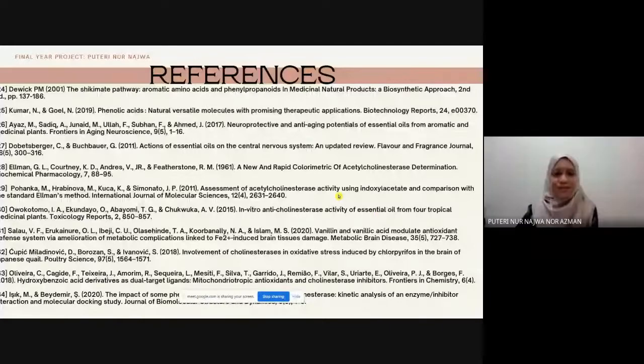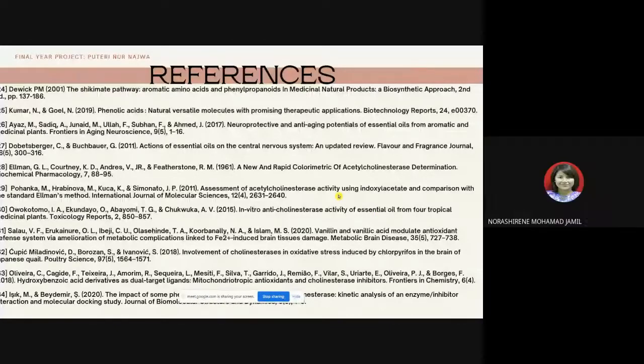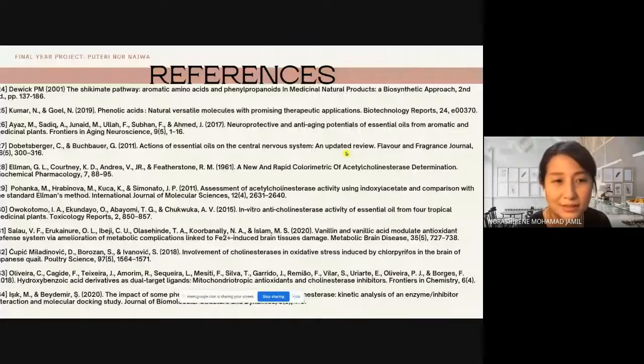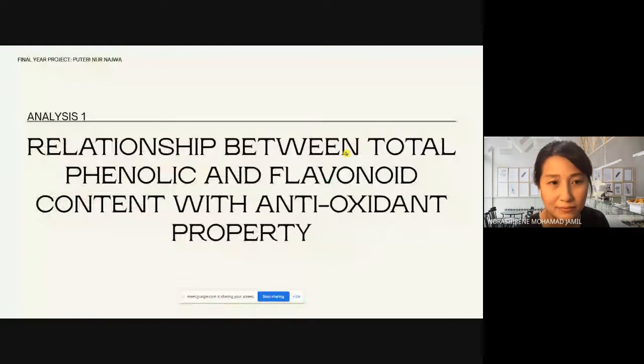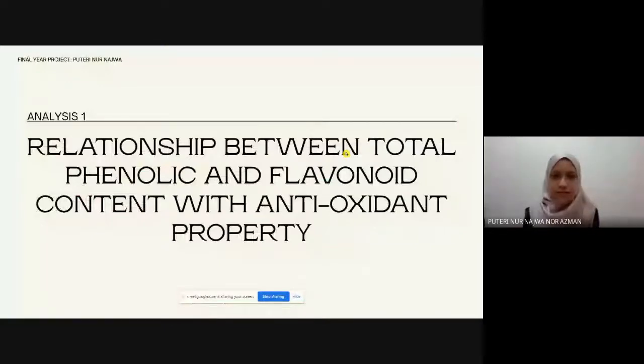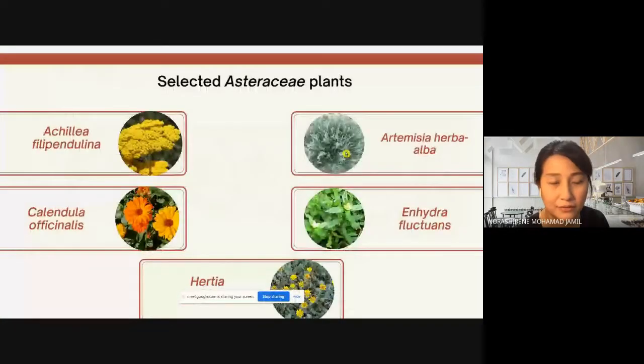Putri, yes, Dr. Shirin. Can you go to, I think, the slide where you showed all of the plants that you are choosing under your study? Is it this one? So there are 4 plants in total, if I'm not mistaken, right? 5. Five, yes. Okay. So can you just tell me what is the reason why you chose these 5 plants under your scope of study?